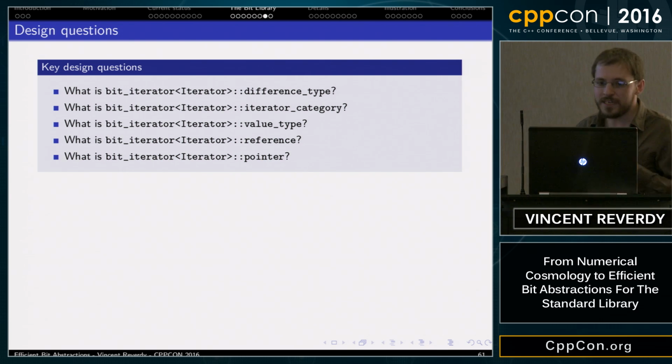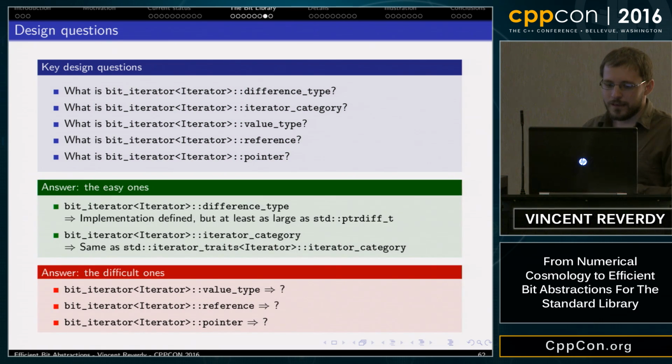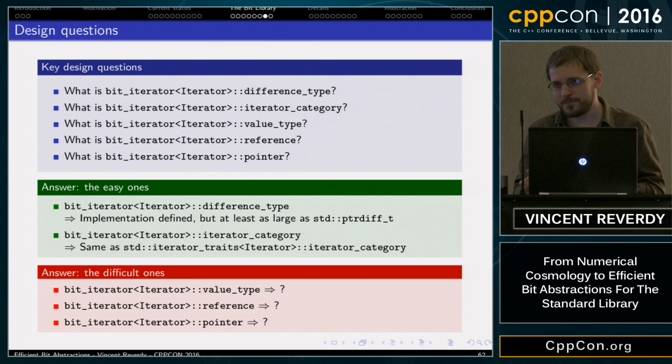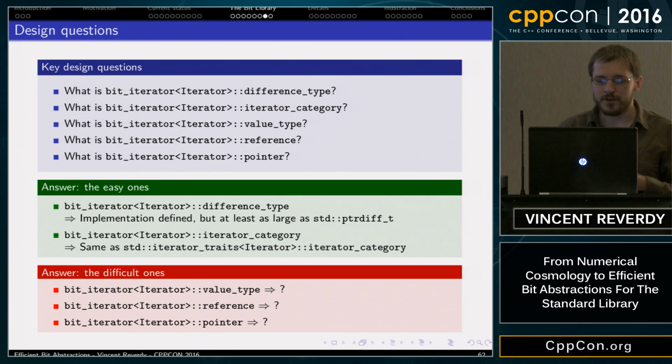What are difference type, iterator category, value type, reference, and pointer? The easy ones: the bit iterator difference type can be implementation defined, but should be at least as large as ptrdiff_t. For iterator category, it's the same category as the category of the iterator you pass to bit iterator. And the difficult ones are what are the value type, the reference, and the pointer type.